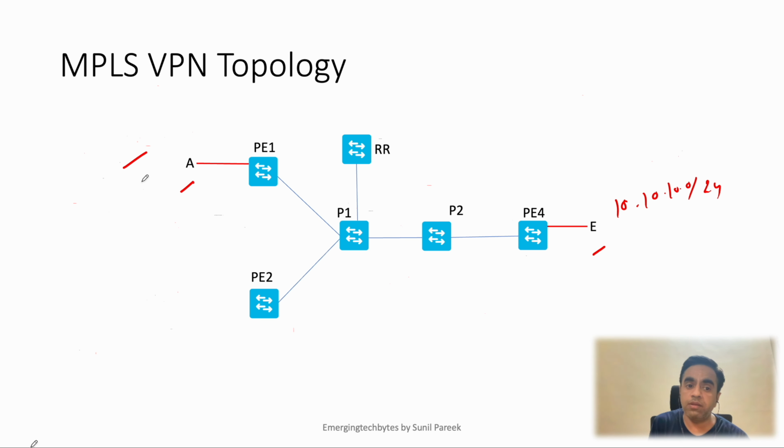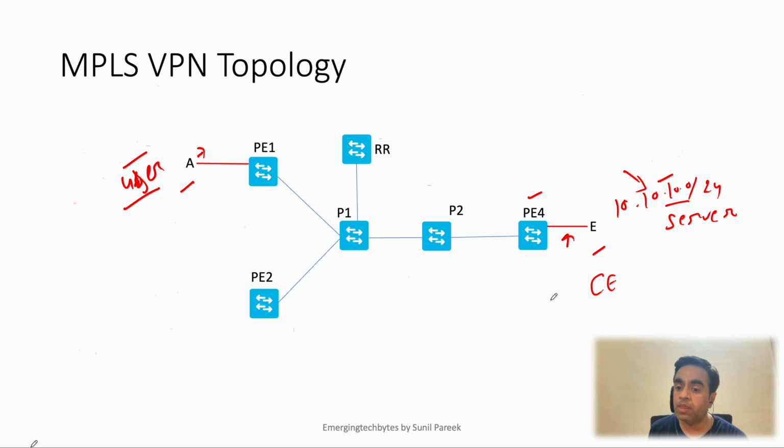So for the user who is sitting here, if he wants to connect to this subnet, let's say there is some server here in this subnet, then he basically needs to have this route first of all here. So let's see how that works via the control plane. So E, being a CE router, advertises this prefix 10.10.10.0/24 via some protocol on this link to PE4. This can be any PE to CE protocol. Once I learn that route on PE4,